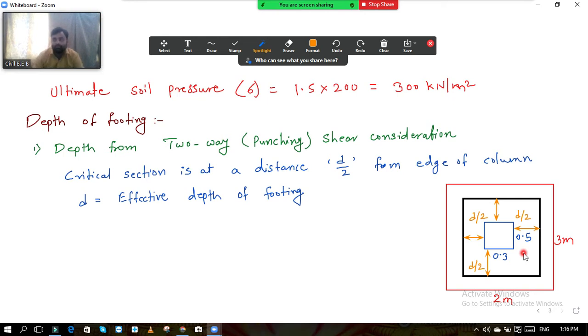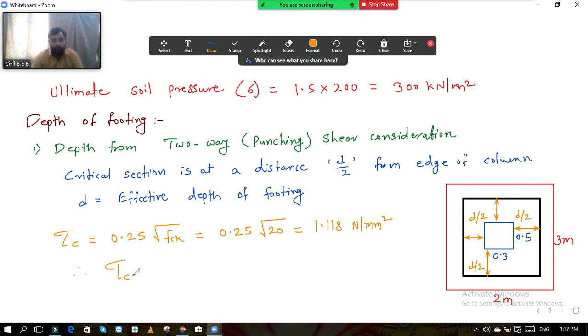Then the next thing is that here we will first calculate the permissible stress. So tau c, permissible stress in concrete. How do we calculate that? It is 0.25 under root fck. This formula I have already told you. So 0.25 under root fck, where M20 is given. So calculate this value. This is 1.118 Newton per mm square.